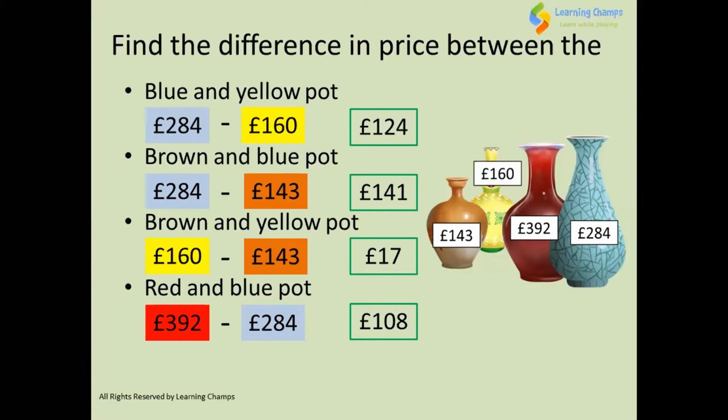108 pounds. So now you see that we have compared these prices, right? We usually do this when we go to shops. We go and compare the price. For example, you just imagine that you wanted to buy a blue pen, and then you see one blue pen is 10 rupees and another blue pen is 15 rupees. You try to compare and find the difference, right? This is something we usually do. Okay.